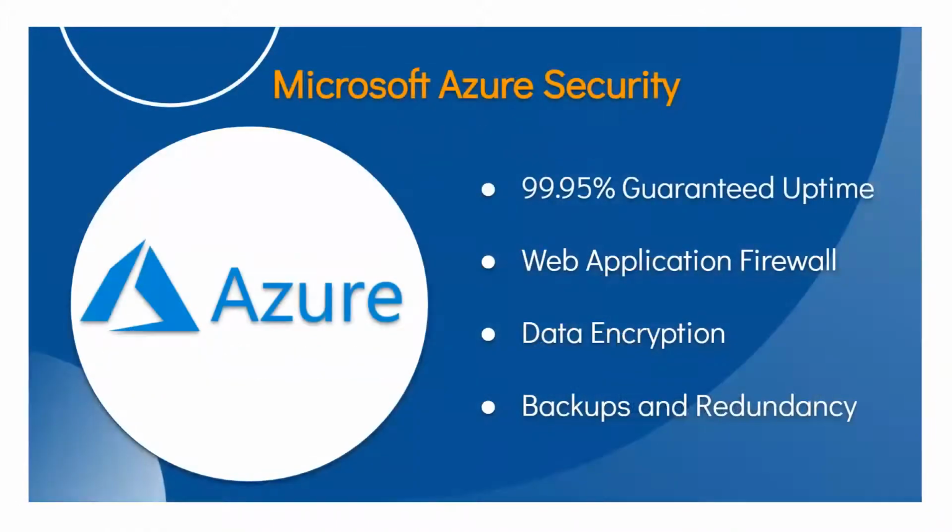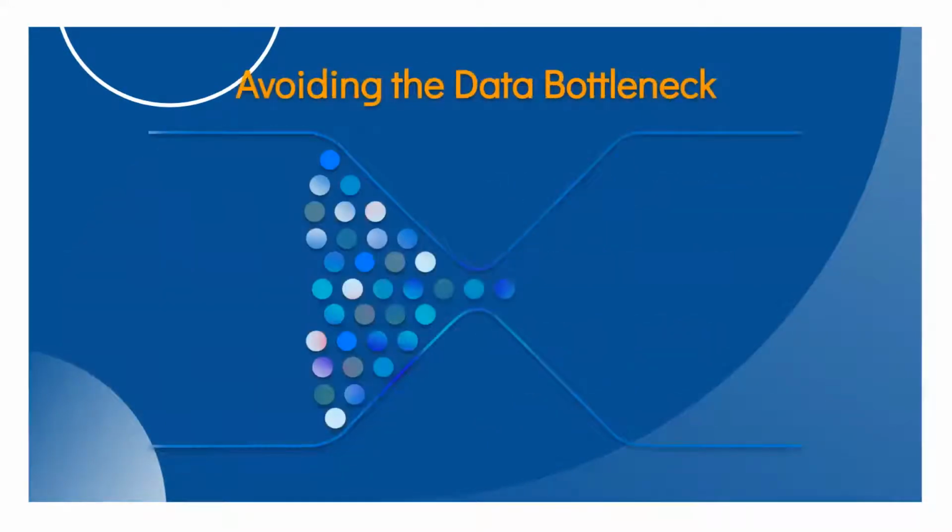Another thing that I want to mention, since this actually came up a while back, was that some customers experience a data bottleneck that leads to very slow performance. I don't think that this is something that you would typically see on something even like AWS, but depending on your provider's data hosting, you could experience extremely sluggish performance at peak times. One company that moved over to us a while back had something like 20 locations. And before they migrated to our software, they were actually having trouble when they were closing out their end of day. Evidently, the bottleneck of data while they were trying to close out was so bad that it took them something like 2 hours to close out each day, which is